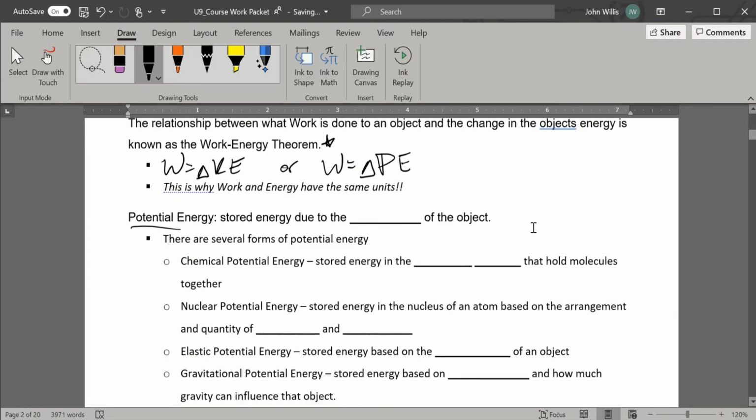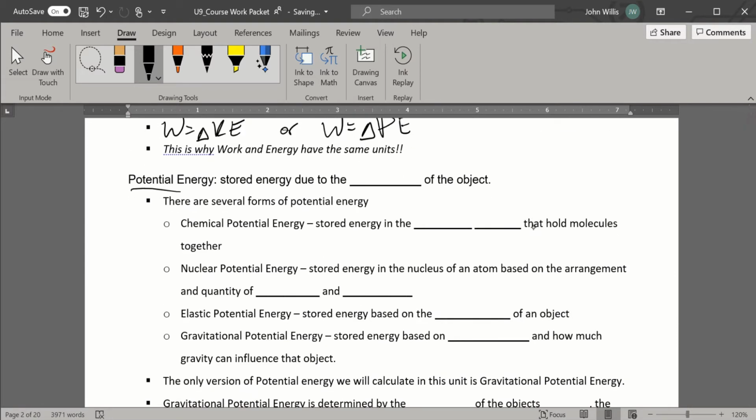Potential energy is energy stored due to the position of an object. Now that position could be microscopic or macroscopic. What the heck do I mean by a microscopic position? We could be talking about, sure, the relative position of a baseball above the ground. We'll get to that with gravitational potential energy, the kind that we'll calculate here. But there's also potential energy stored in the chemical bonds